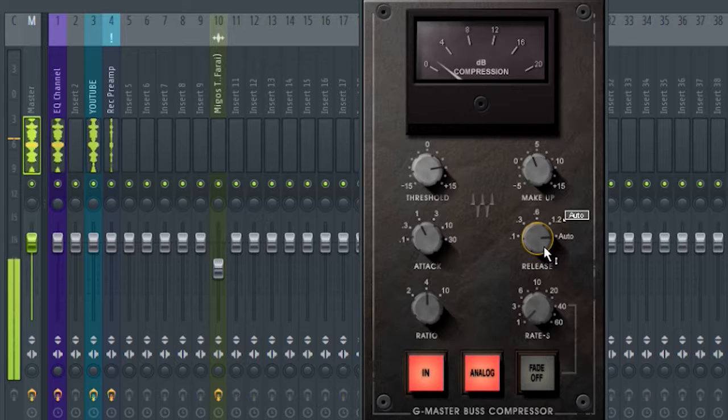Release is exactly the opposite of what attack would be. It means how long the compressor takes to return back to normal. As you can see with vocals, luckily a lot of compressors come with this automatic setting, meaning it's got its own little algorithm to decide when it should return back to normal. If I'm consistently talking, it's not just returning back to normal, it's subtly going back to normal. But if I was to set it to 0.1 or 1 millisecond, I guess, you can see it kicks back really quickly,